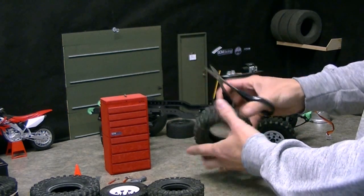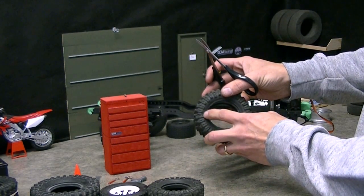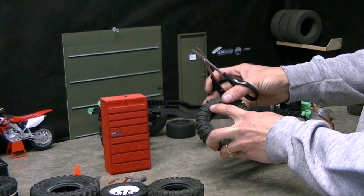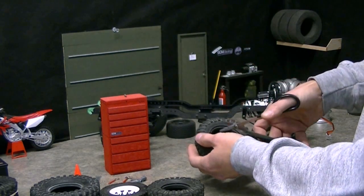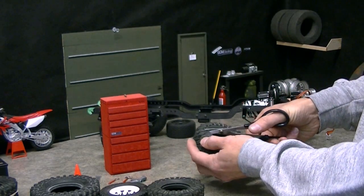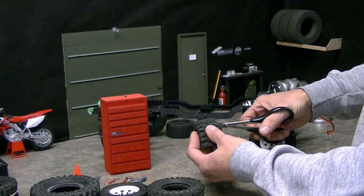There we go. Now we'll count our 4 lugs here. So we've got the double notch lug here. We're going to skip 1, 2, 3, 4. Take out the 4th lug and make sure you cut it on the proper side of the next lug, so when you glue it together you've got the right amount of material left. We'll give this a cut here, all the way around over the top,